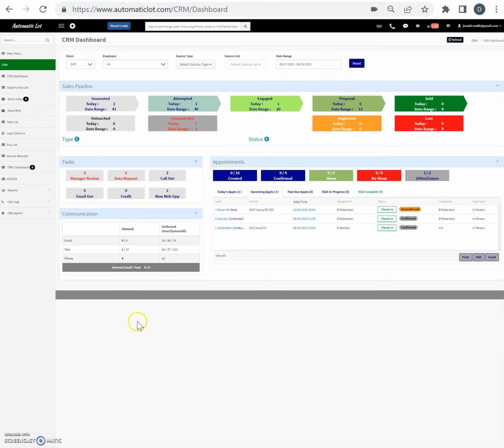Welcome to the training for the CRM dashboard for the automatic lot. The dashboard has been designed to give a summary view of the activity in the CRM. We have filters on top, and then we have sales pipeline in the middle of the screen. We have a tasks section which is highlighting mostly important tasks, and then we have an appointment section which has